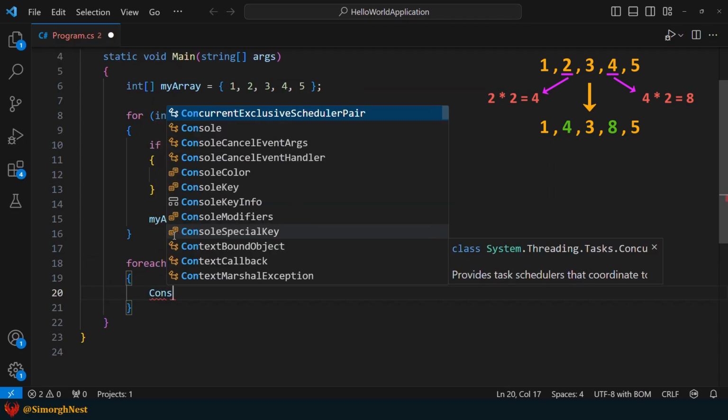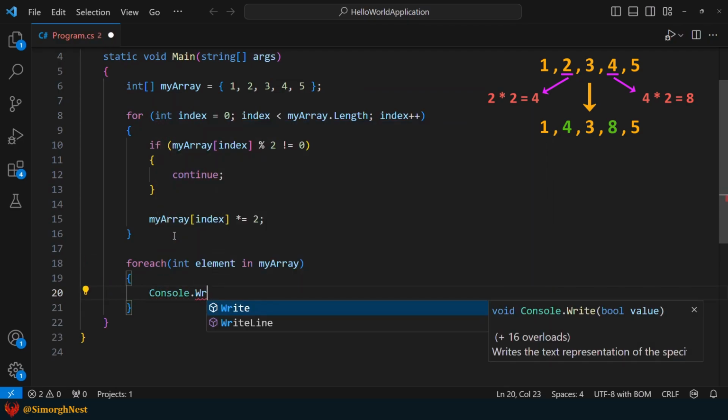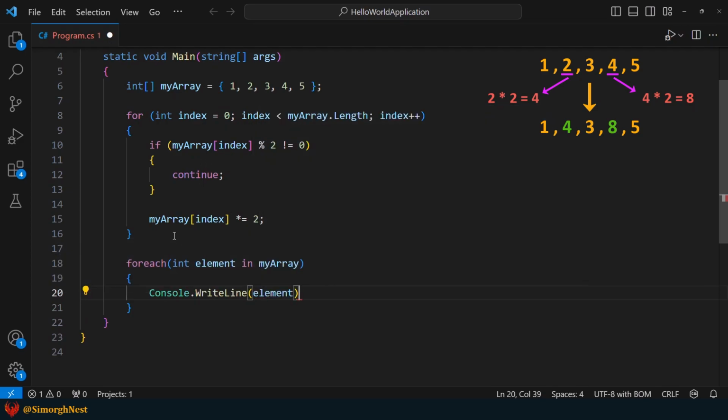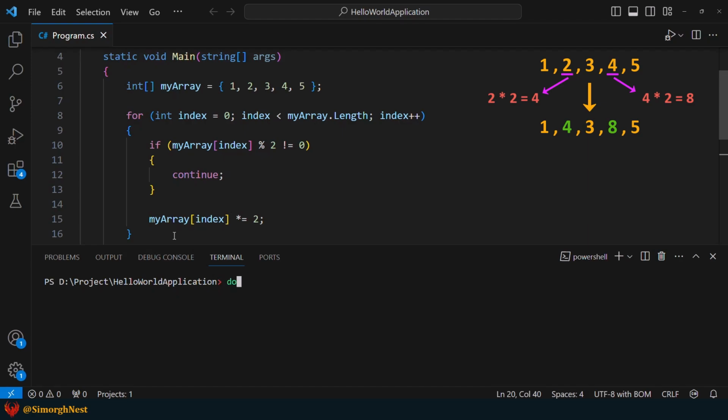Inside the for each loop, we simply print the element. Now let's run the application to see the result. As you can see, the even values have been multiplied by 2.